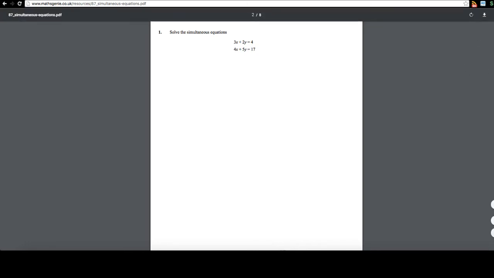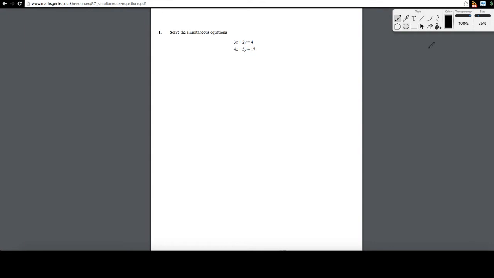Today we're going to be going over some simultaneous equations, and I'm hoping I can give you the best quality advice and tips to answering these questions, because I know quite a few people will struggle on these. Firstly, you will either want to make the number before the x or the number before the y